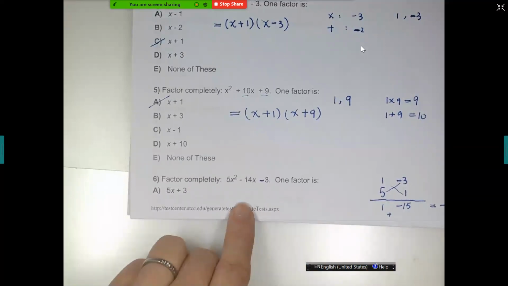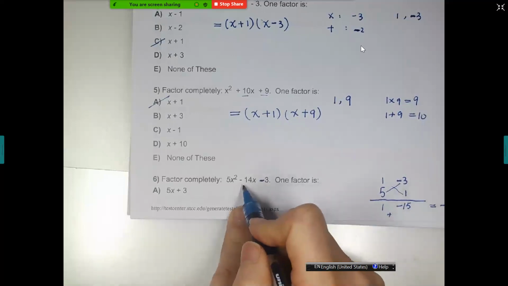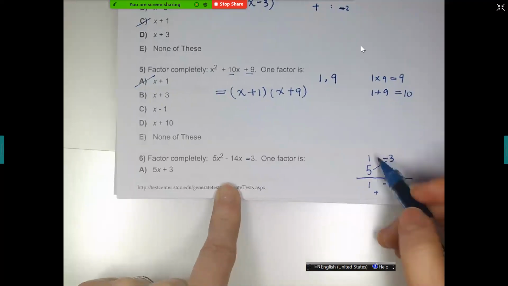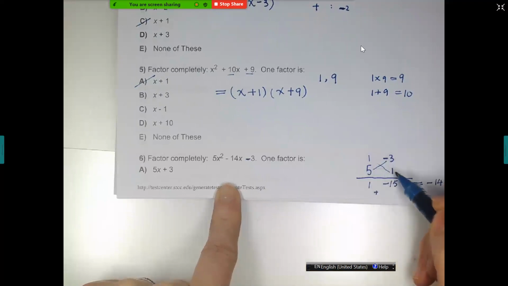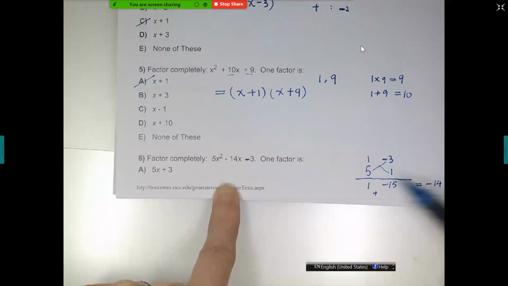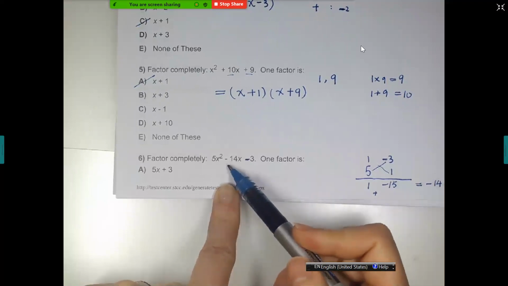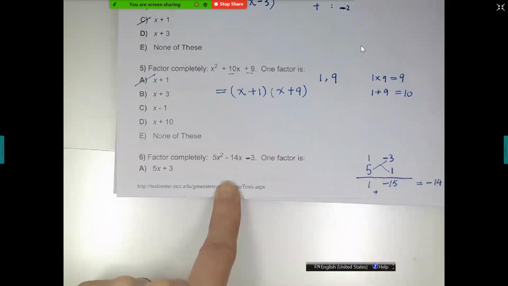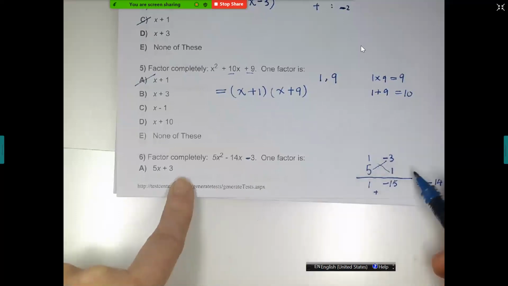And this is exactly the coefficient of the middle term. That means, oh, I'm very lucky. I have found the 4 numbers I need to write down the 2 binomials. So when and only when the cross product sum, add those two, matches the middle term coefficient, that means you have found the right numbers, the right combination. Then I'm going to write down the